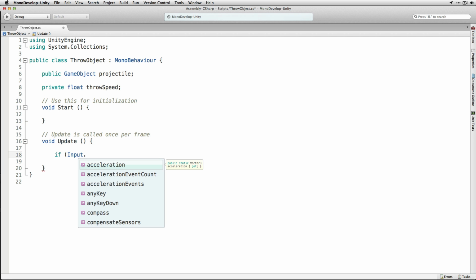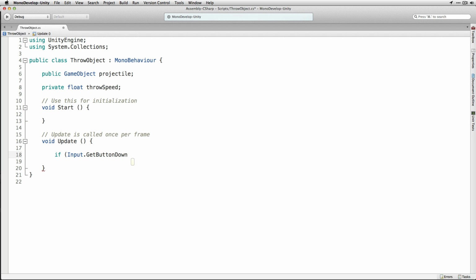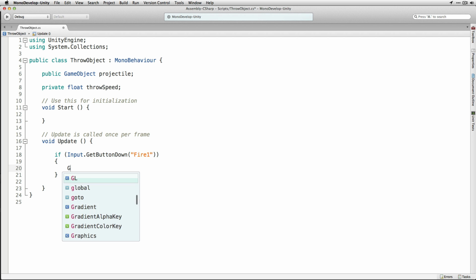And then we're going to use this to get into some sound stuff. So we're going to say if Input.GetButtonDown, Fire1. So we're going to check if the Fire1 button, which you can remap in the input manager, in this case corresponds to mouse 1. If that's been pressed, what we're going to do is declare a new GameObject called throwThis,